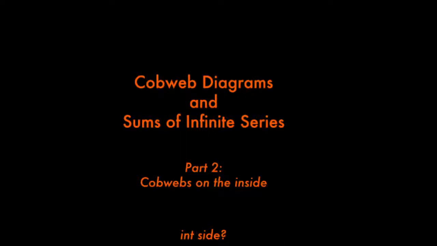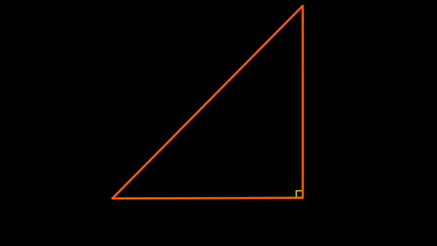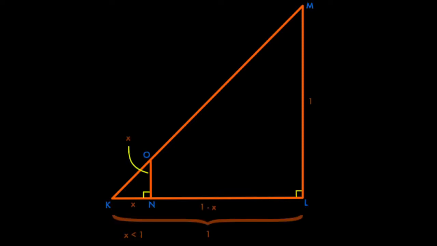So this is part 2 of Cobweb Diagrams and Sums of Infinite Series. Part 2, Cobwebs on the Inside. This time we'll start with an isosceles right triangle, which basically just means a square cut down the diagonal such that two sides are the same. The difference from the last video is that this time we're going to draw the cobweb diagram on the inside